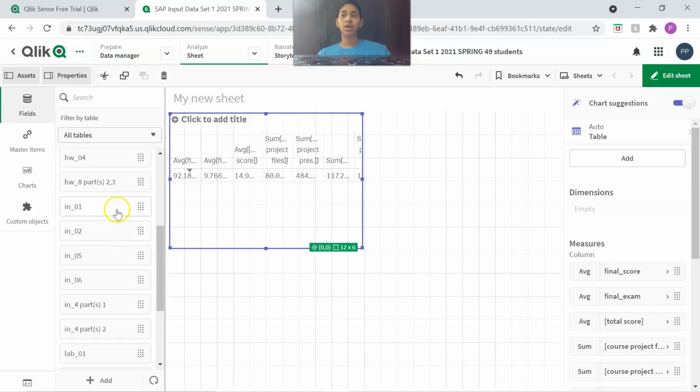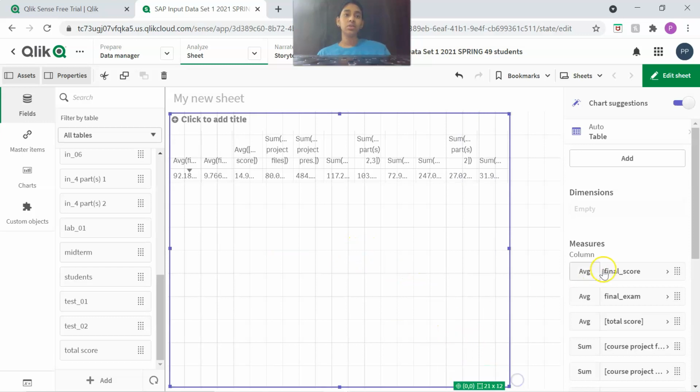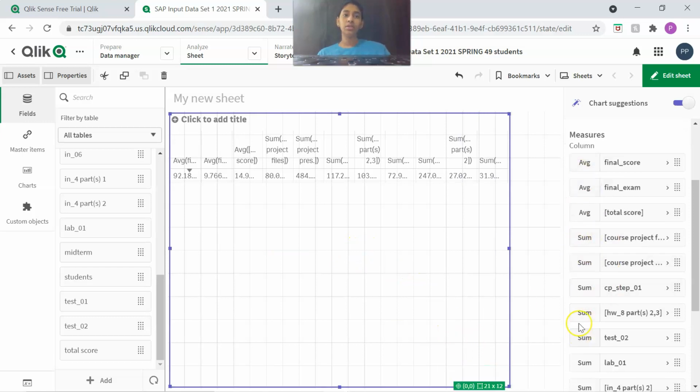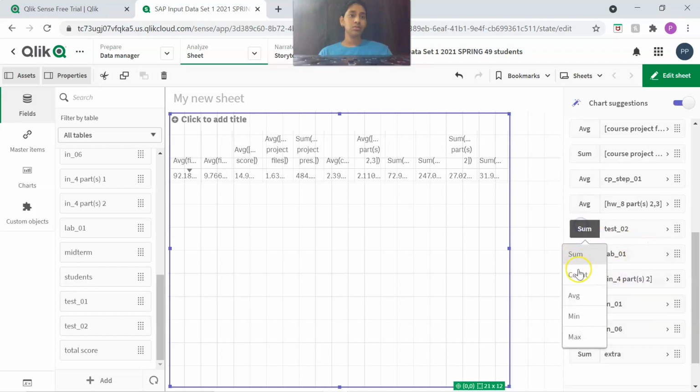So you can see I've dragged all the items, all the fields. So here you can see by default aggregate sum is selected. So click on the sum and click average. Click on the sum and select average. So you can see by default aggregate sum is selected.